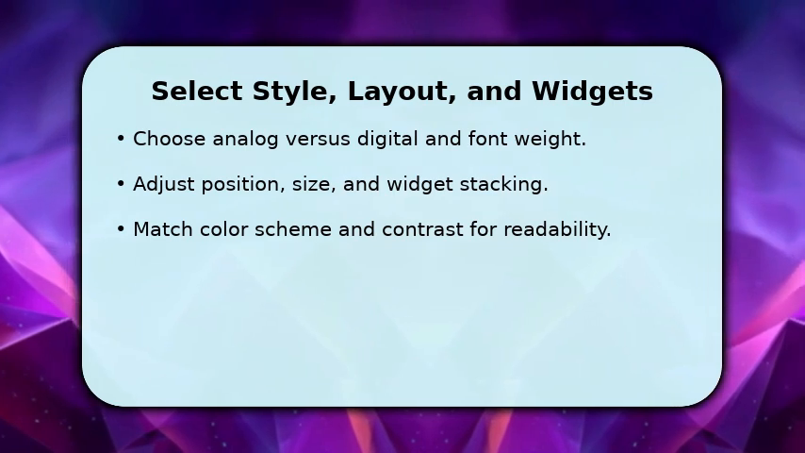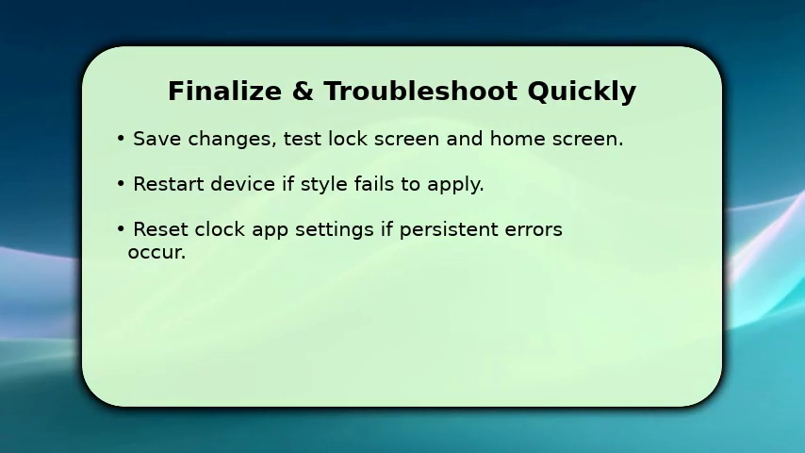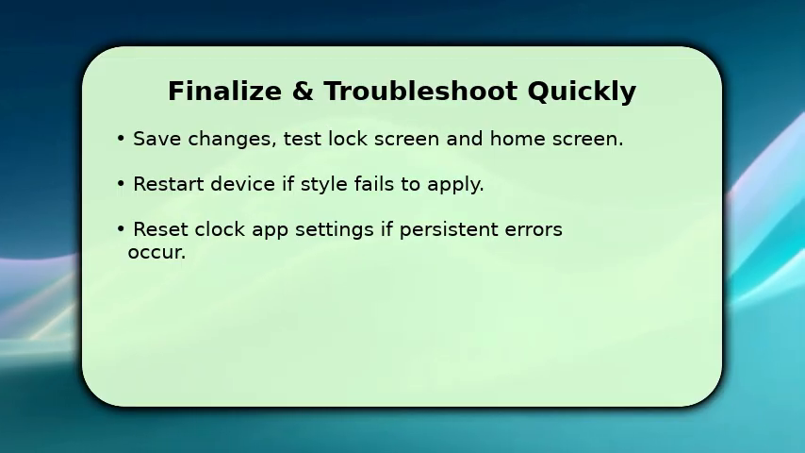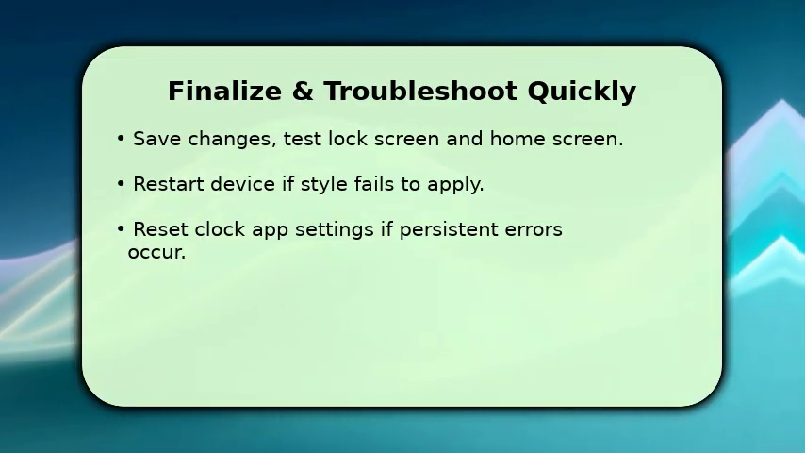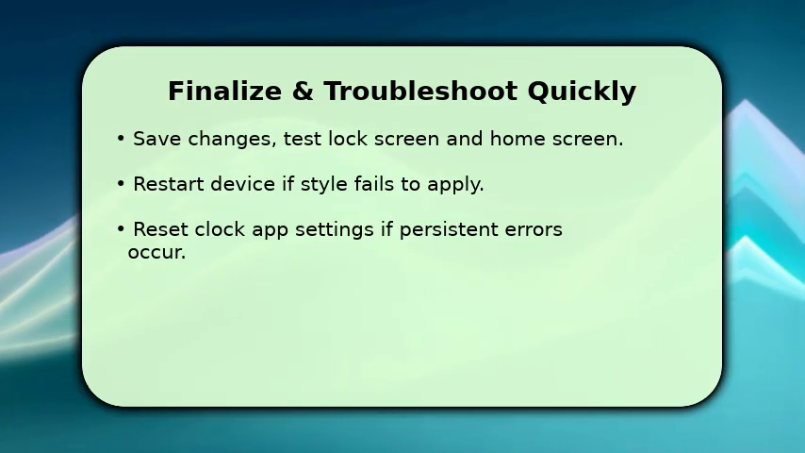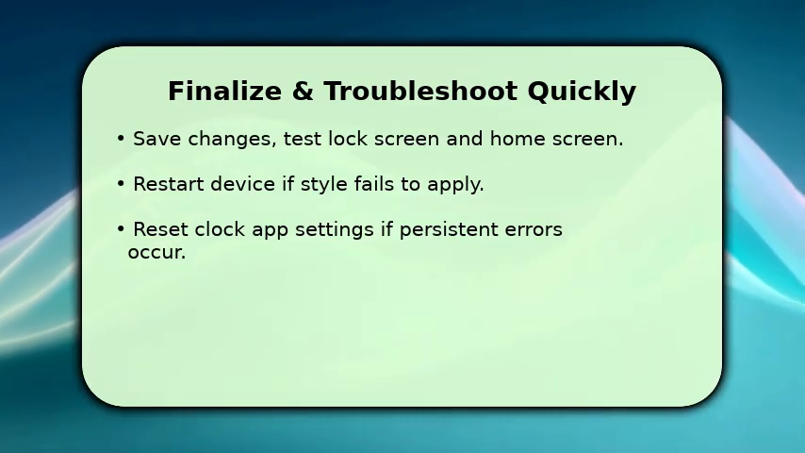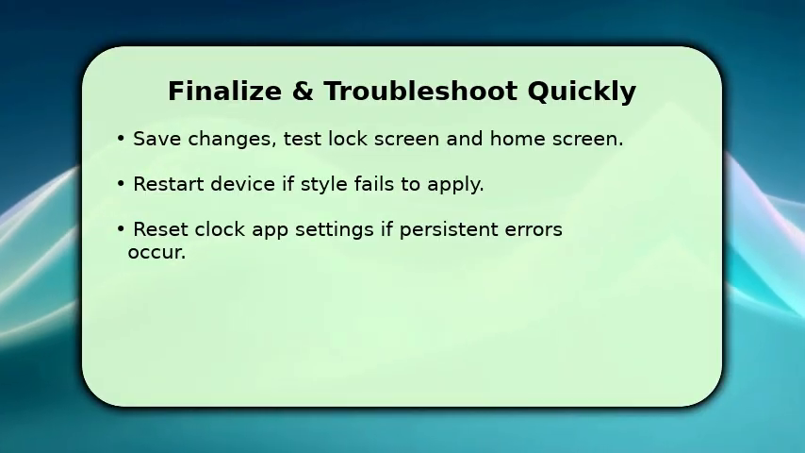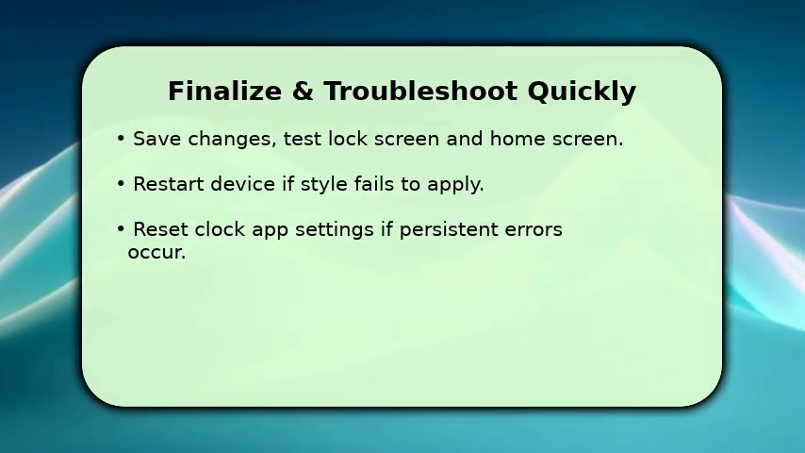Finish by saving your changes and immediately testing the lock screen, home screen, and any always-on displays to ensure consistency. If the new style doesn't apply, restart the device first. That clears temporary glitches. If issues persist, go to the clock or display app settings and reset to defaults, then